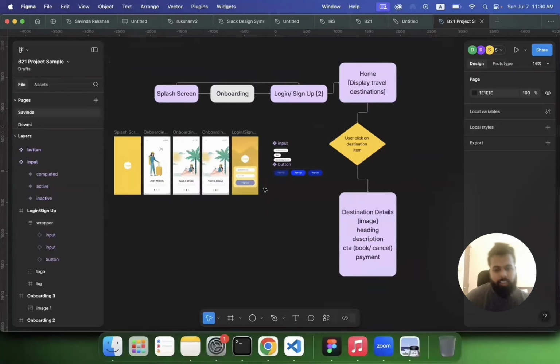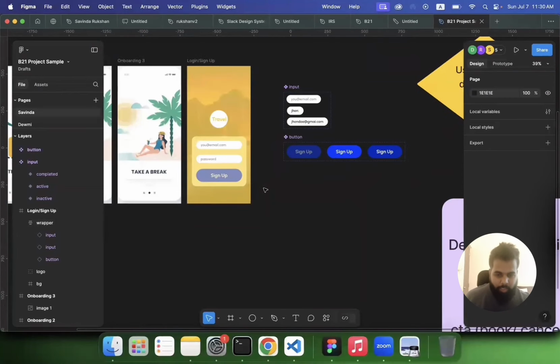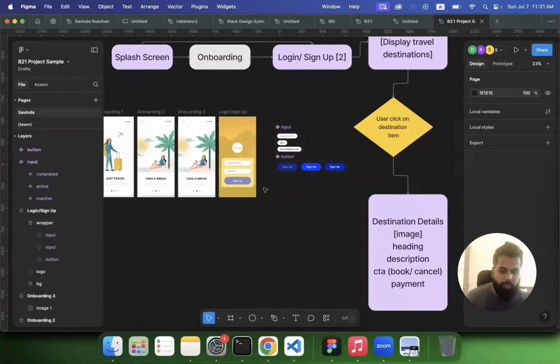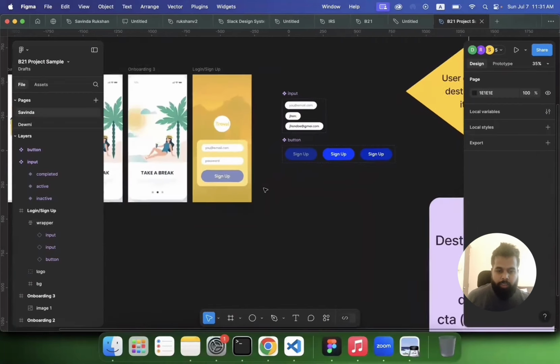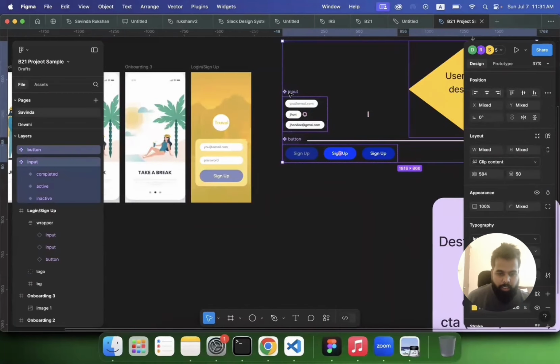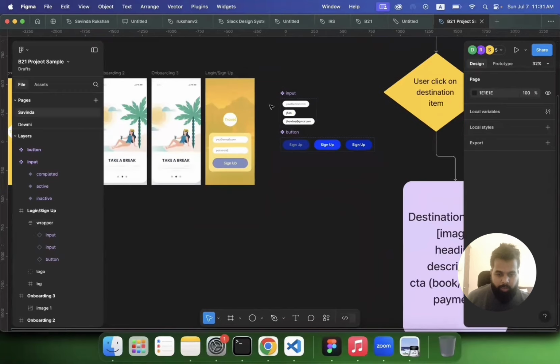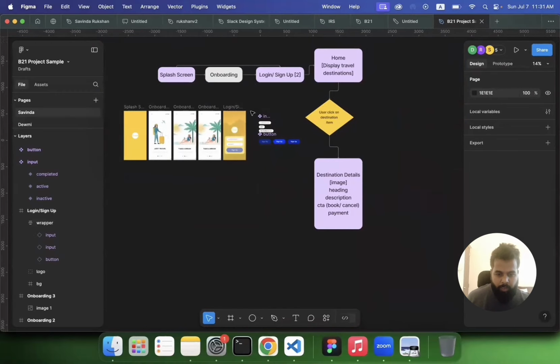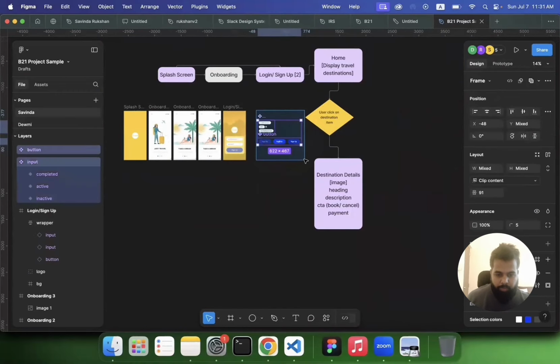So the design is somewhat not good, but I just want to show you how you can create different components and create the design. So that is our login screen. So in the home page creation,